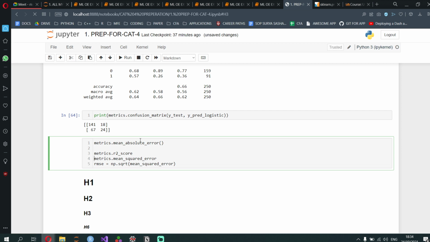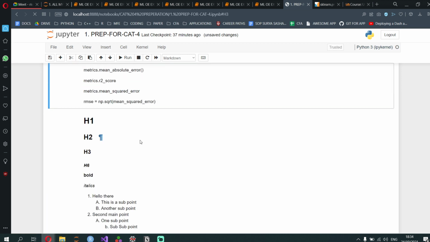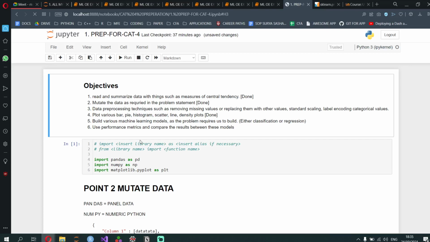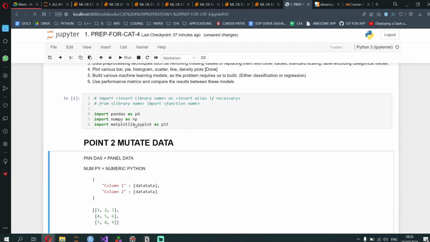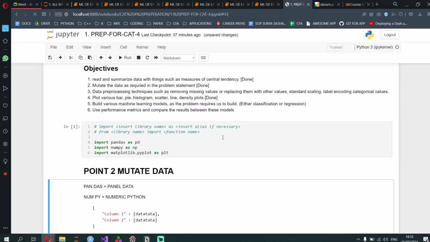Okay, so I think that covers it all, dude, for our exam. Just revise everything. We know how to open an IPYNB file. We know how to create a data frame. You import all the necessary libraries over here generally. Whatever you need to import, I'll put it over here. So try to mug that up and then put that as necessary.